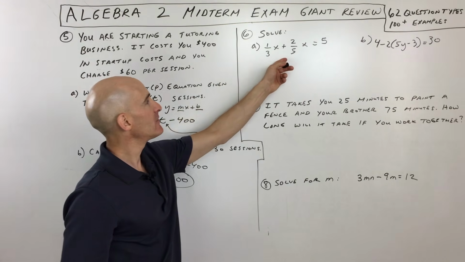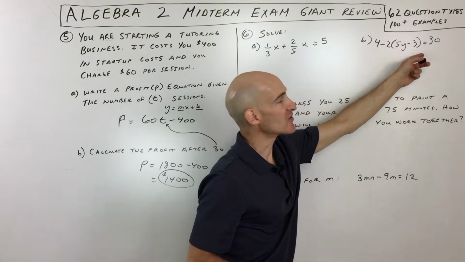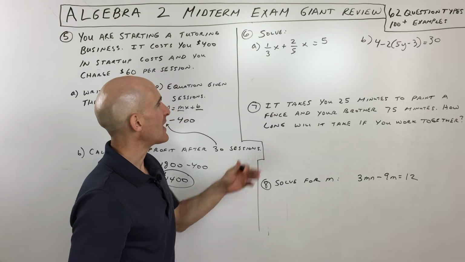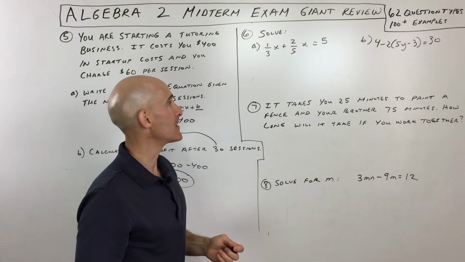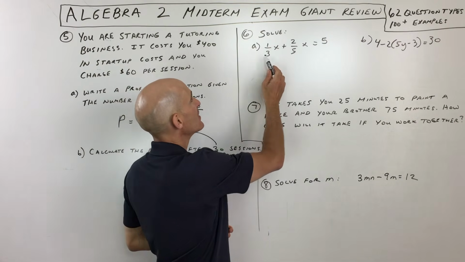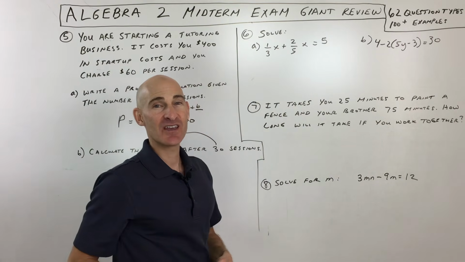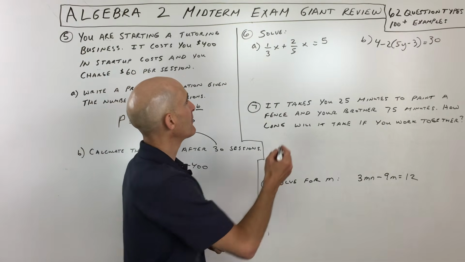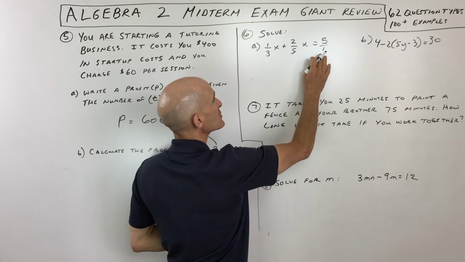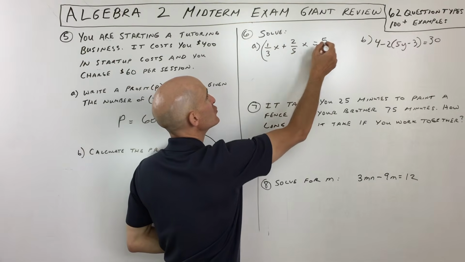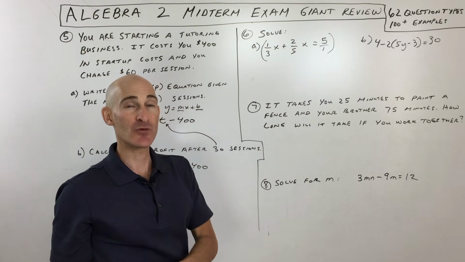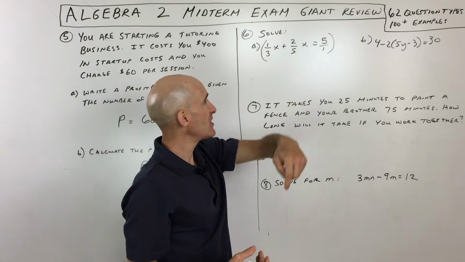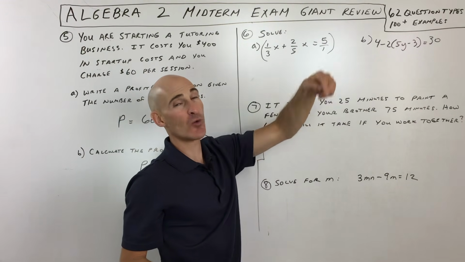It says solve these two equations, a and b. A lot of times students freak out when they see all these fractions. They say, oh, I hate fractions. But what you can do is you can clear the denominators. This is a great technique. To clear denominators, you can think of any whole number as a fraction by putting it over 1. And then you look at all the denominators and ask, what's the lowest common denominator? Meaning, what's the smallest number that 3 divides into, 5 divides into, and 1 divides into?